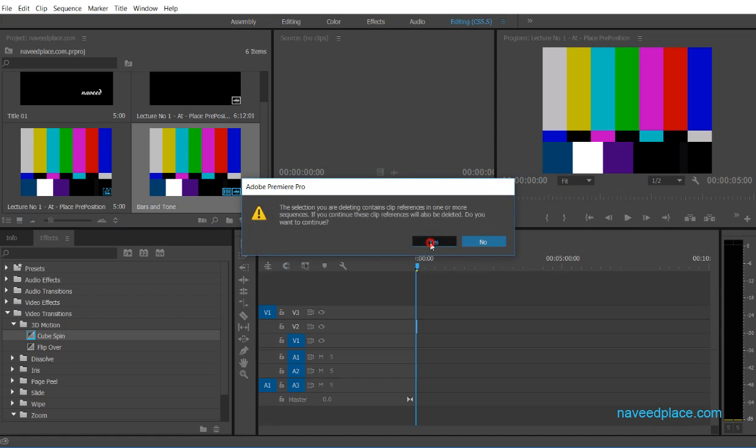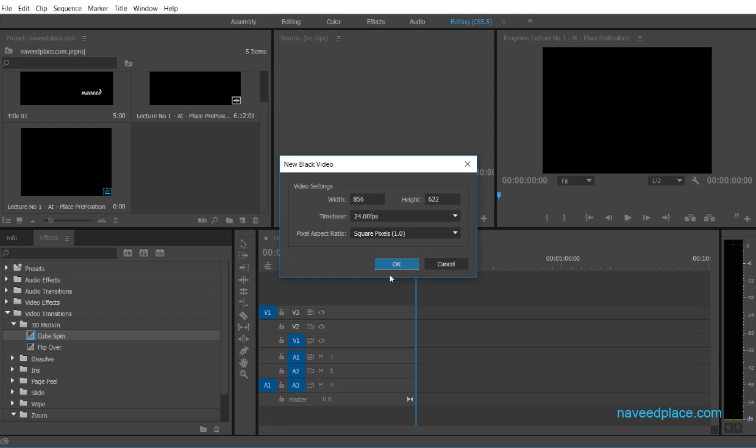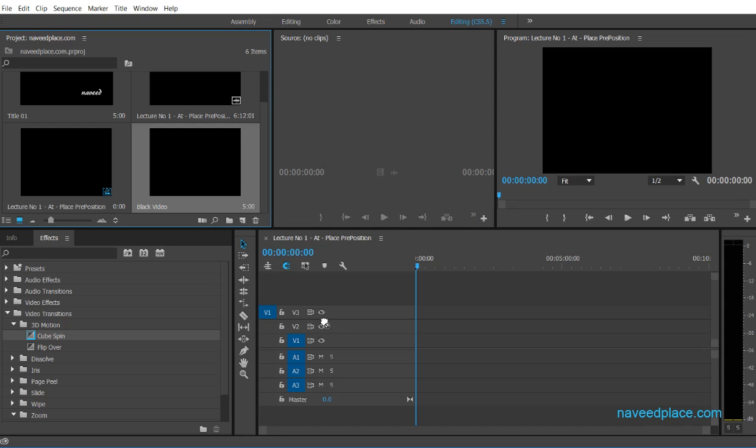We have, if I remove this and go, black video. Black video is very similar to adjustment layer. Suppose I want to apply an effect, and sometimes some effects don't work with an adjustment layer, so definitely we can take the help of black video as well. So what basically is black video, let's see. Black video, okay, and if I click and drag, and change the width of this,